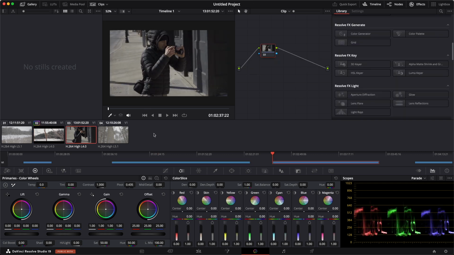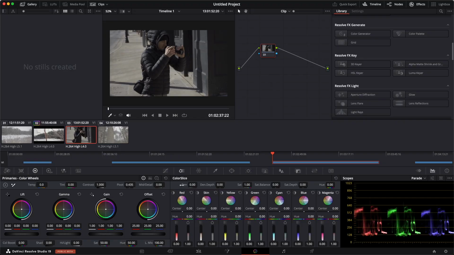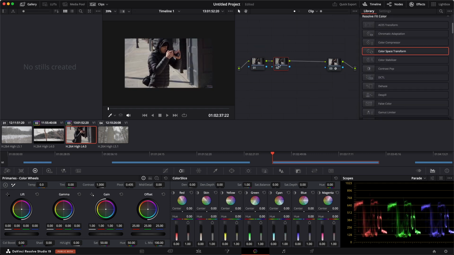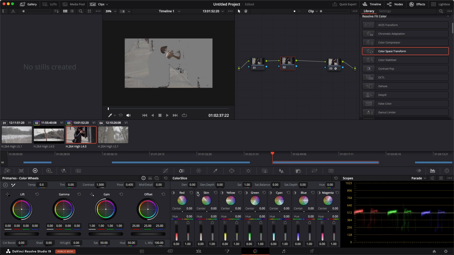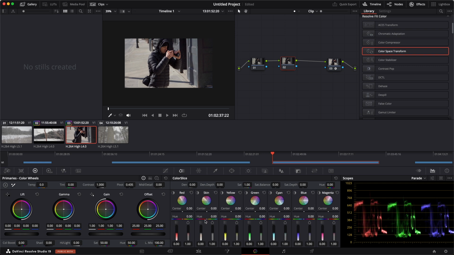While I'm here, I'm going to show you the color slice feature that is in the color page of DaVinci. A thing that I like about DaVinci is they definitely listen to what people are asking for, and this is something that people have been asking for a while, I believe. So let me show you. In this case, I have a piece of footage of my friend Philip, amazing photographer, and let's see what this can do. Let's say I want to tweak the skin tones. I can go over here, click on skin. If I hold this button down, I can see what colors it's selecting, which is really helpful. And then from there, I can change